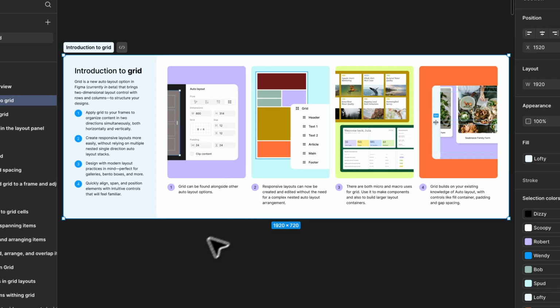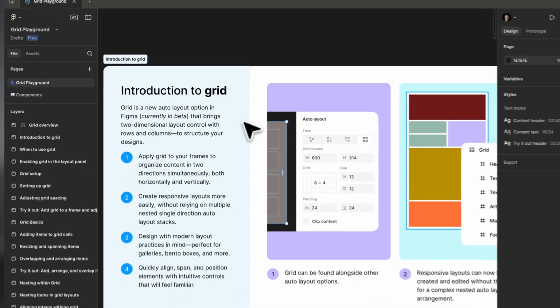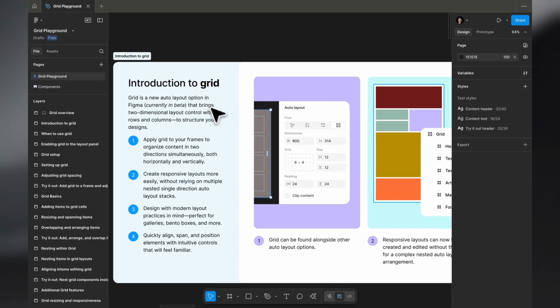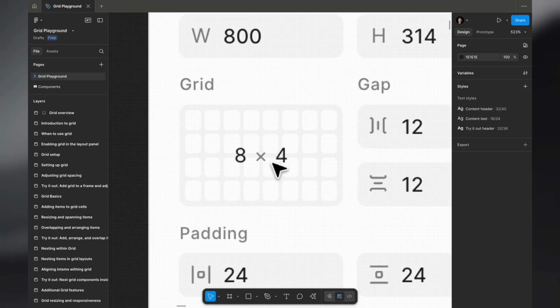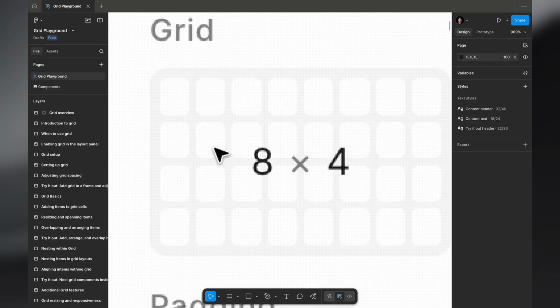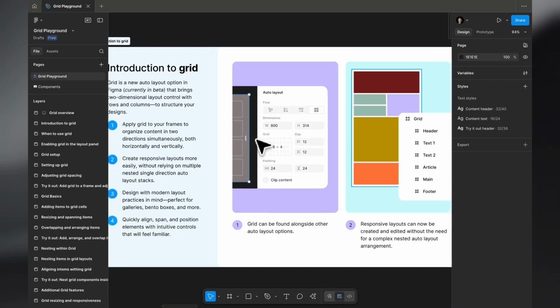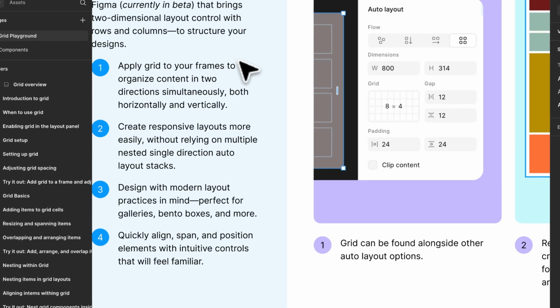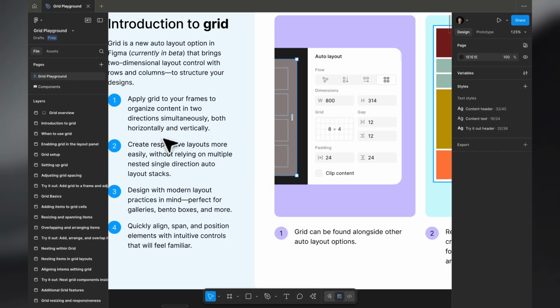Let's start over here. So, introduction to grid. Grid is a new auto layout option in Figma that brings two-dimensional layout control with rows and columns to structure your designs. Think of it like when you're designing a calendar layout or tables, where you need to decide if you want columns or rows. Right now you can just make it a grid, and select or manipulate the columns layout effectively. Apply grid to your frames to organize content into two directions simultaneously,